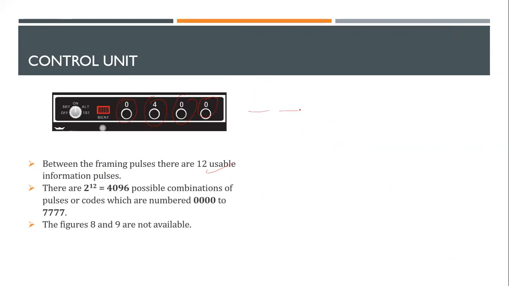You have 4 places, and you want to apply different digits. Here what will happen is 8 and 9 are not used. So we're left with only 0000 to 7777. And we'll see there are defined codes also. If suppose the ATC does not give you the code, then what will you write? It's already present. We'll explain that also.